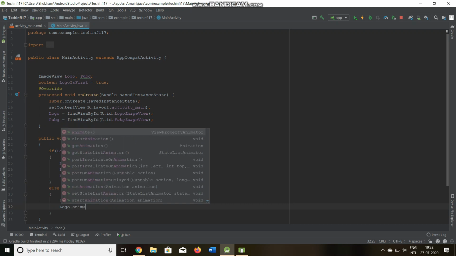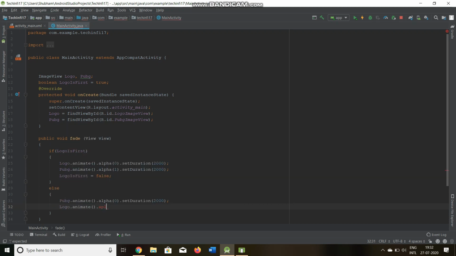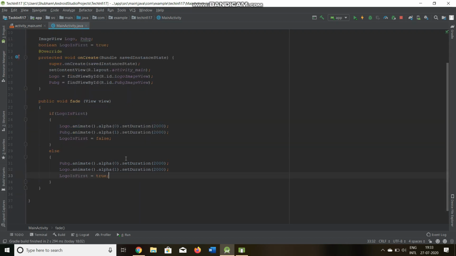So logo dot animate dot alpha, because I want it to appear, it will be 1, and set duration to be 2 seconds again. And again I'll set logo is first equals true. So this is how our code will work.